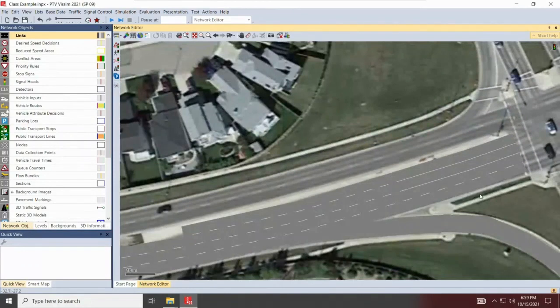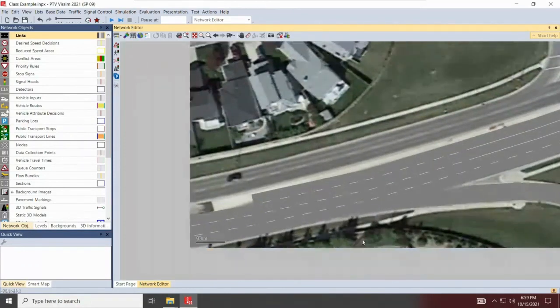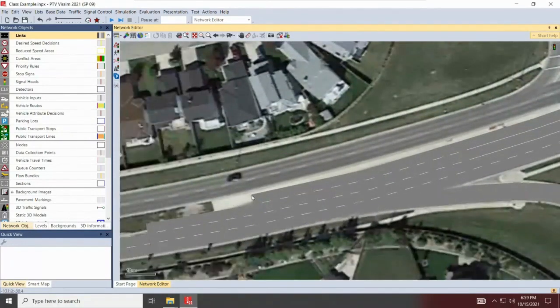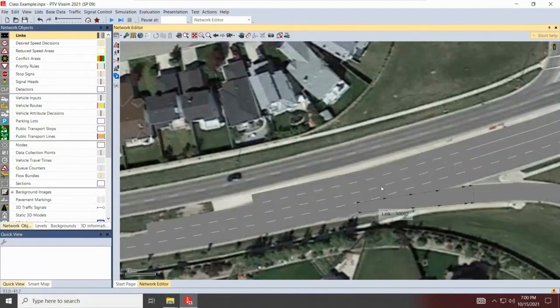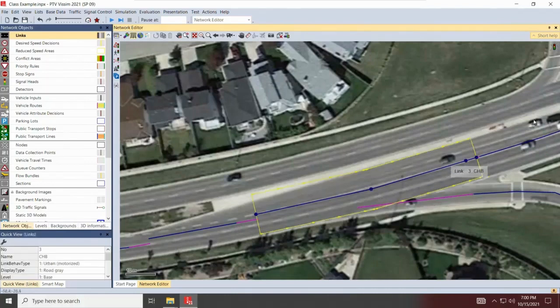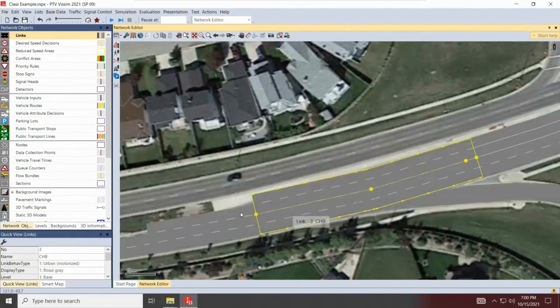Okay. So, as I mentioned, this is one way to code this approach. But let's assume I'm designing and I want to make sure that my queue is being accommodated within the signal cycle length. You can code your left turns separately. And what I would do in this case really is the lanes are opening up from here. You can actually force traffic to, so I'll change this to,